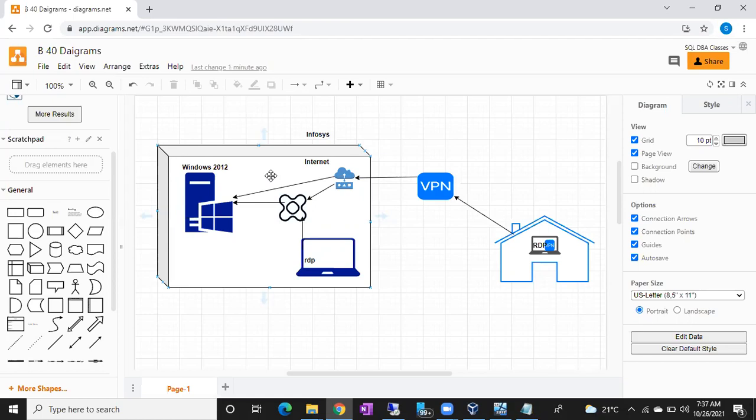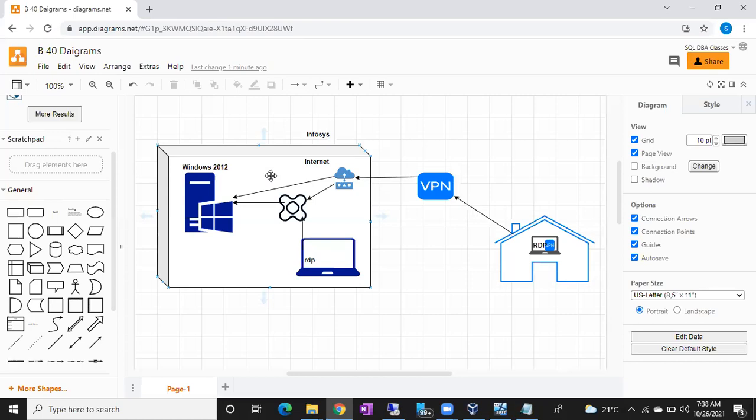So you cannot directly connect from your home to office servers. You have to use a third-party software that is called VPN software. Using the VPN software, for the extra security, you are able to connect to the office network first. Once your office network verifies that you are a valid user, it allows you to connect to your machines, servers, printers, Xerox machines, whatever you want to access. So VPN will simply act as a bridge between your home internet and office network.